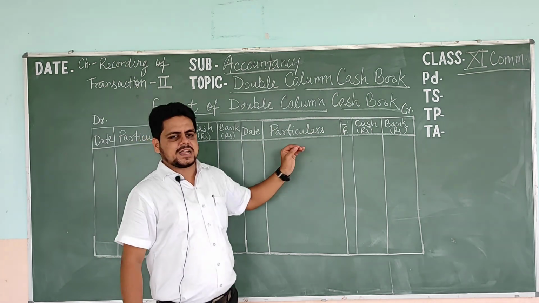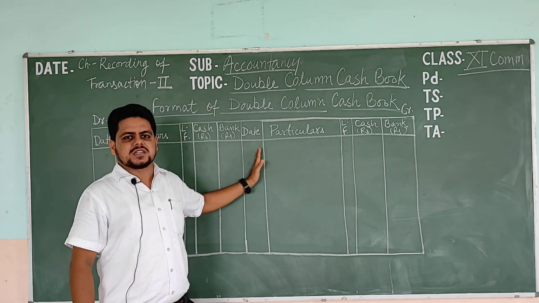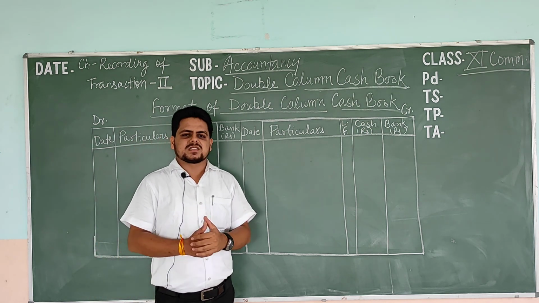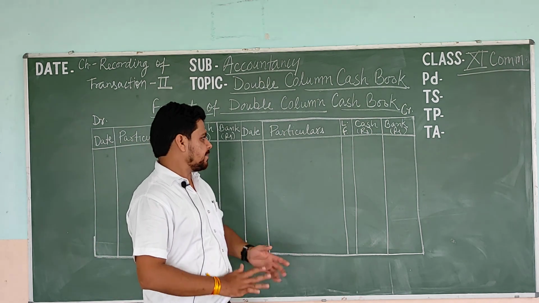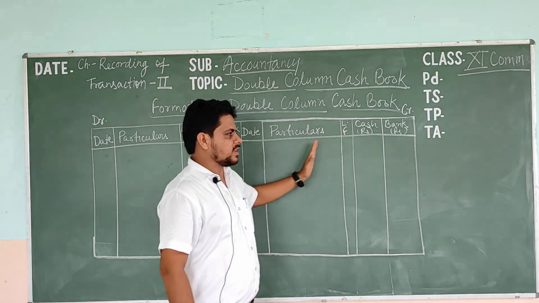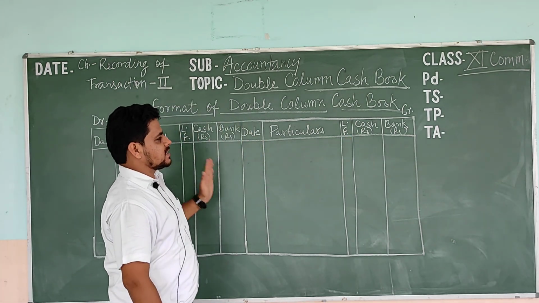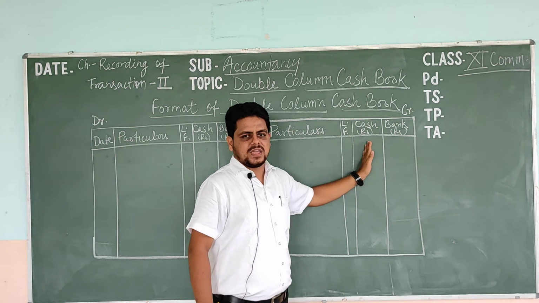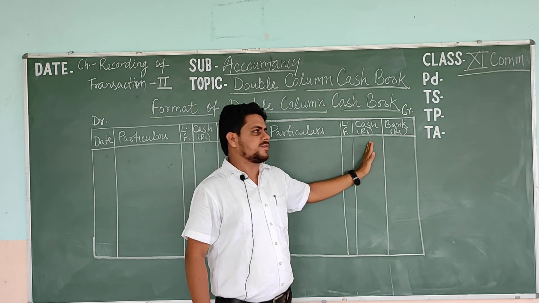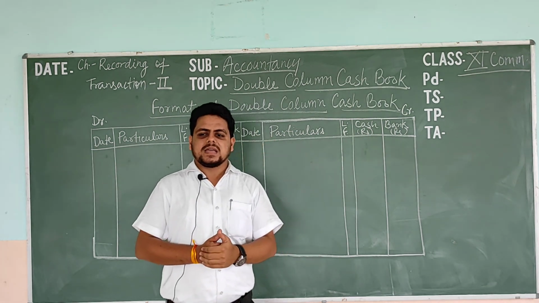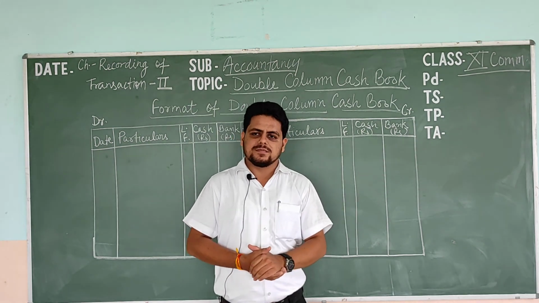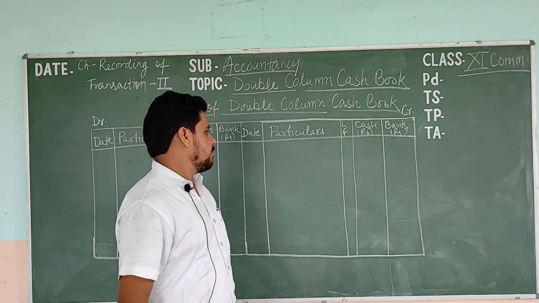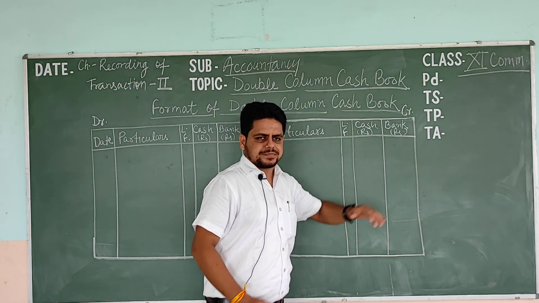As on the credit side also, we must enter the date on which the transaction happened. In the particulars column we mention the party's or account holder's name. Next is the column for LF. The utility of LF on the debit side is the same as the utility of the LF column on the credit side. And in the cash column, when we pay any amount in cash we write it here, and when we pay any amount through the bank, that is, with the help of a checkbook or paid directly through the bank, we mention that amount in the bank column.